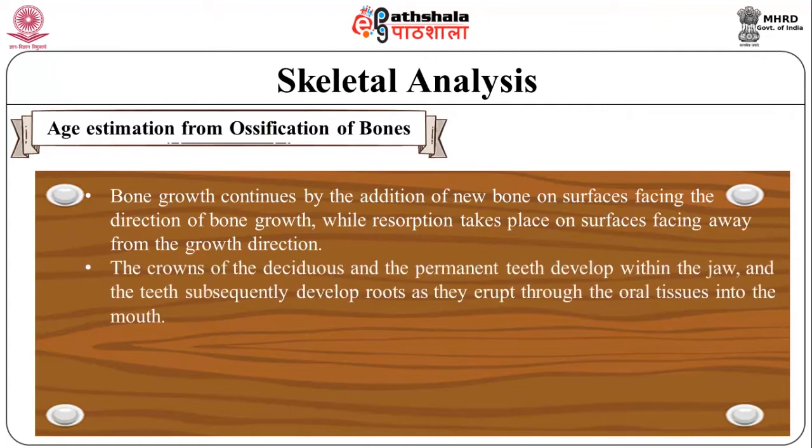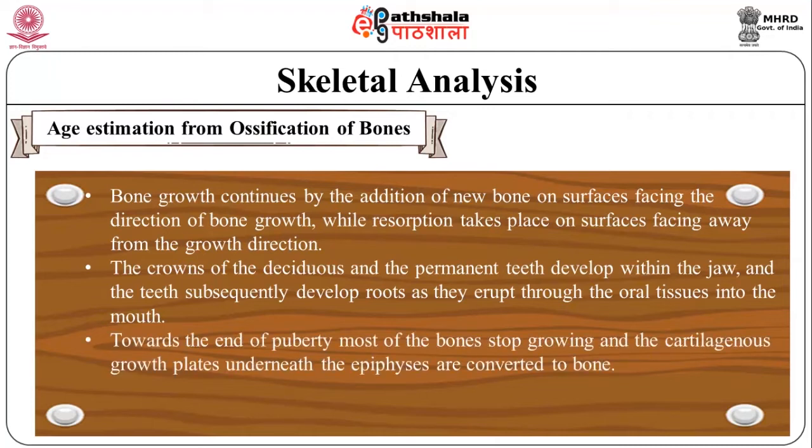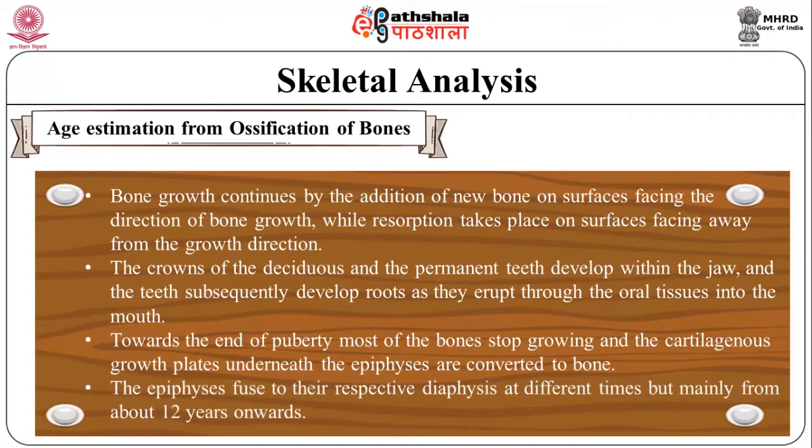The crowns of the deciduous and the permanent teeth develop within the jaw, and the teeth subsequently develop roots as they erupt through the oral tissues into the mouth. Towards the end of puberty, most of the bones stop growing and the cartilaginous growth plates underneath the epiphysis are converted to bone. The epiphyses fuse to their respective diaphyses at different times, but mainly from about 12 years